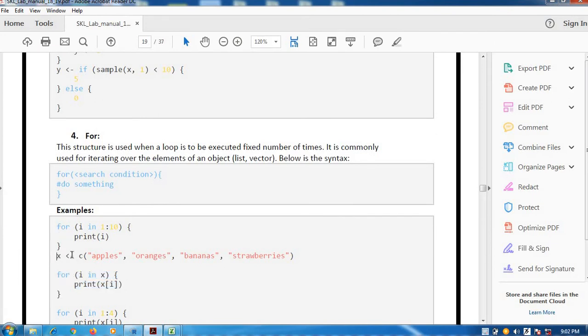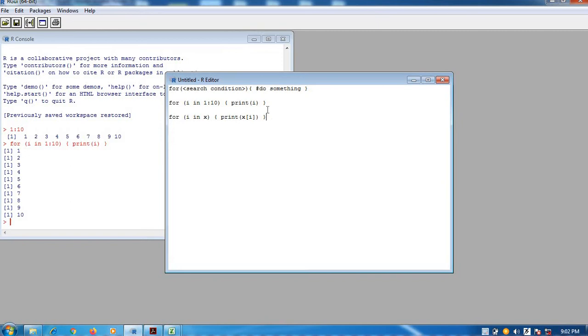X is assigned some values which are nothing but strings. Before executing this for loop we should know the content of X. X is a vector of strings. So we will first create the vector and then try to iterate it.